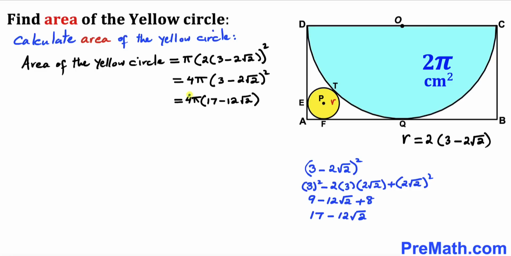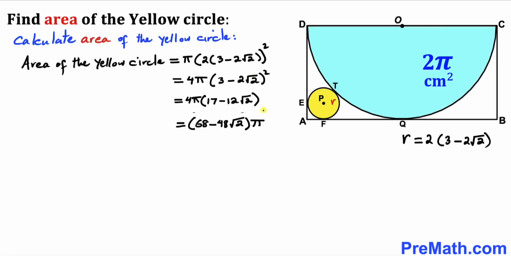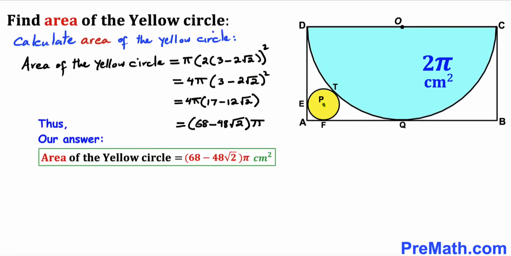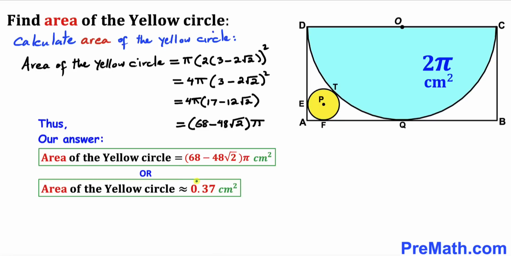Let's go ahead and distribute this 4 over here. So thus the area of this yellow circle turns out to be 68 minus 48 times the square root of 2 times pi centimeter square, and that is approximately equal to